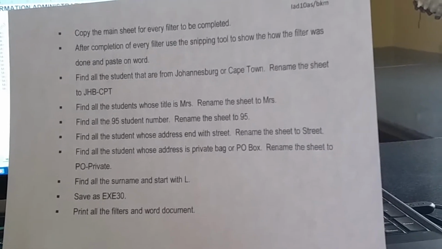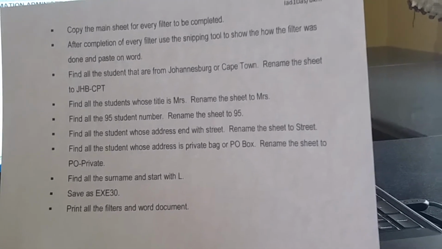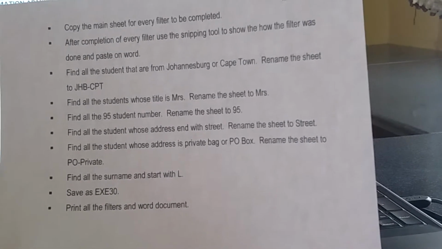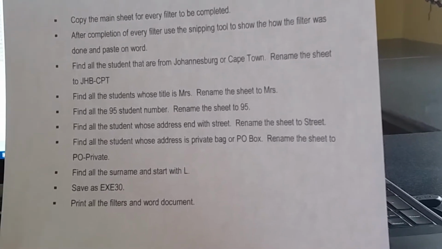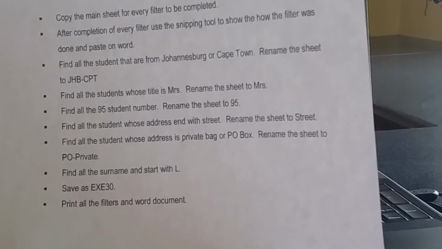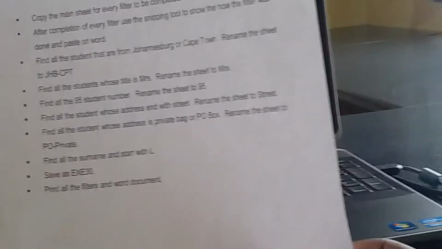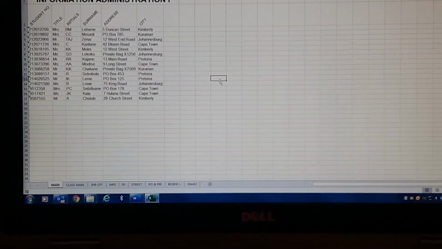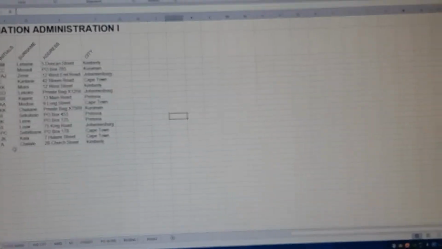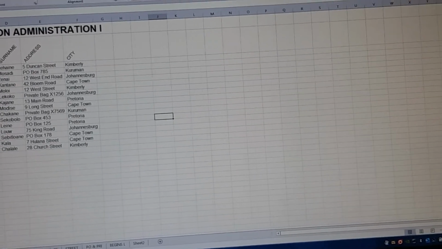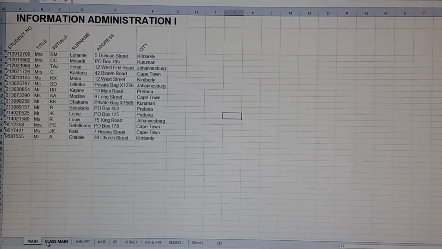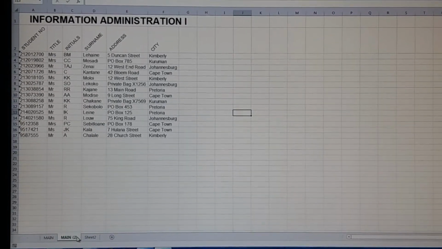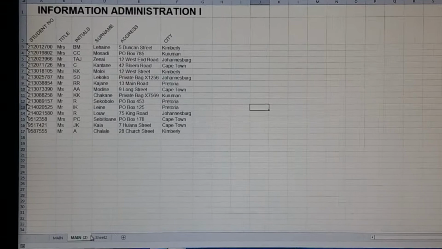Okay, the first one, it says find all the students that are from Johannesburg or Cape Town. Rename that one to JHB and Cape Town. Okay, now let's start. So what is then now going to happen is, remember, we need to copy for everything that we do. After we have copied,